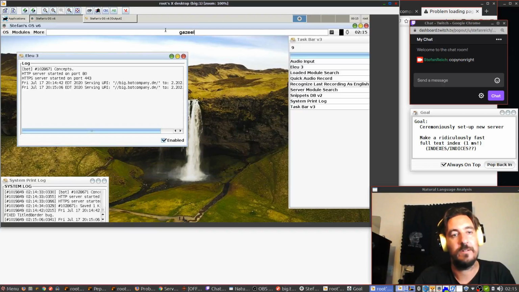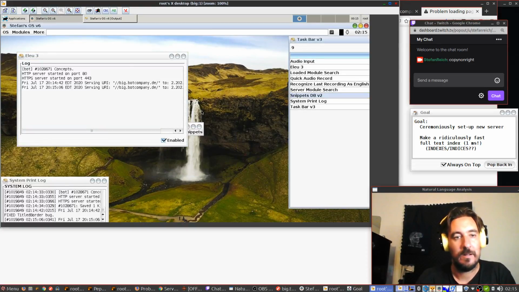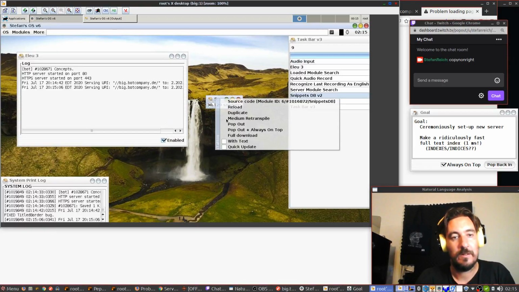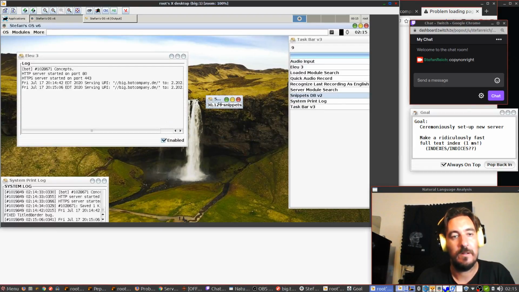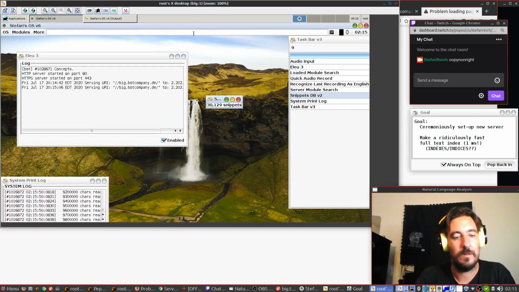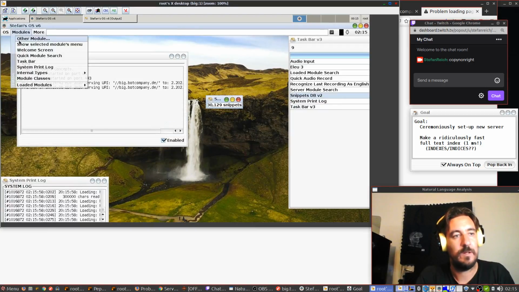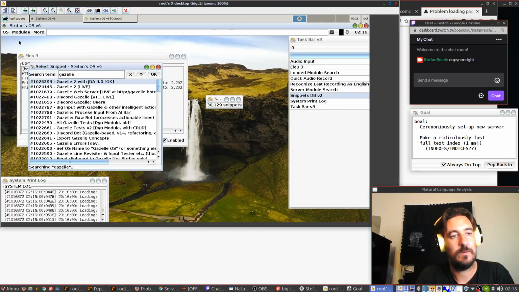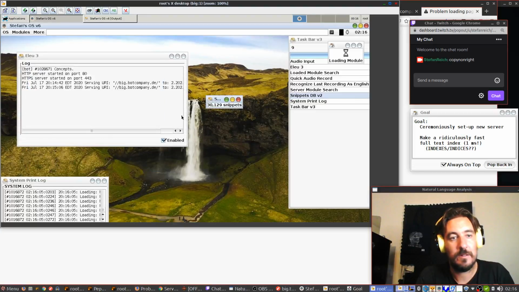You can have different web servers to choose from. Gazelle web server.